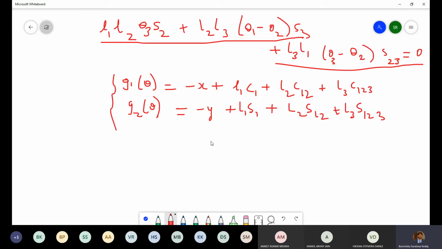So now we have to find a way of solving this, and in today's class what I'll do is I'll try and see if you can do this in MATLAB. How many of you have looked at that function fsolve in MATLAB? If you can just raise your hands.